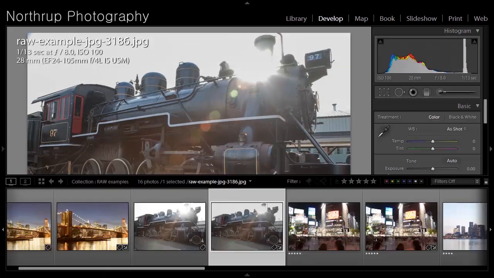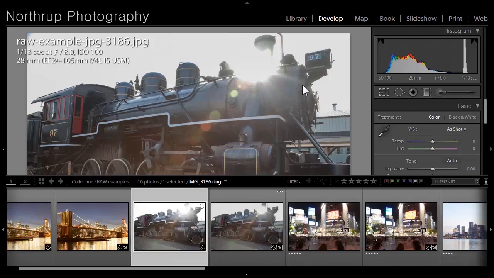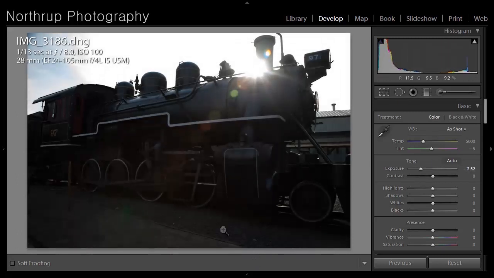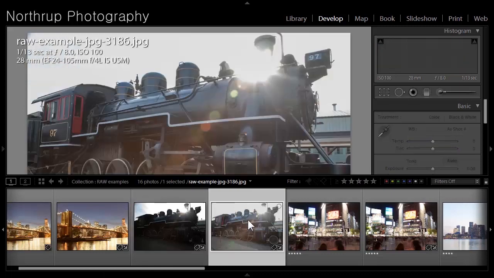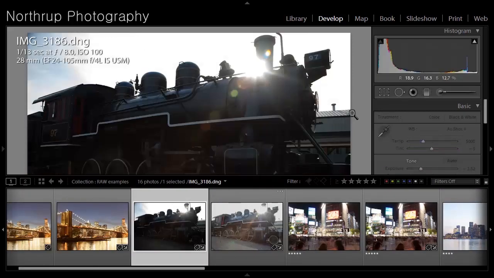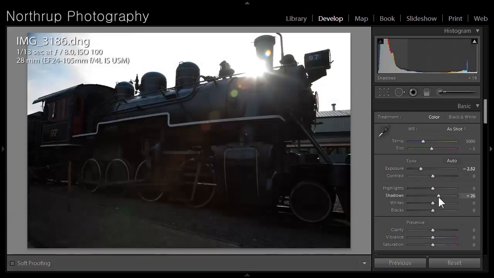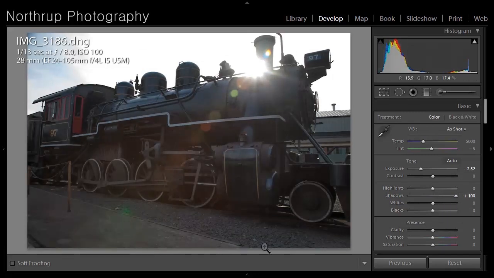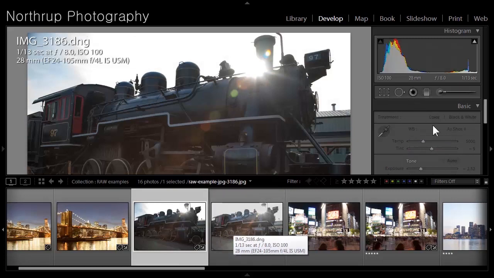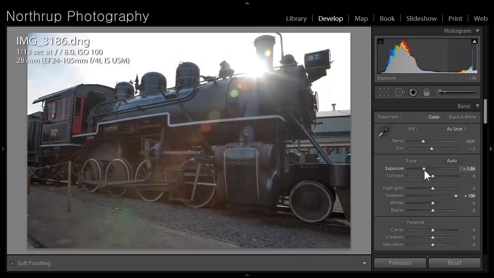Now let's look at the RAW file instead. Now you can see how much more information I was able to recover there. I was able to see quite a bit more of the train in that one than in here. You can see how much more that sunburst covers up. Now I'll switch over to the RAW file one more time and bring up the shadows a little bit. And you can see that I'm able to get a much clearer picture from the RAW file than I could